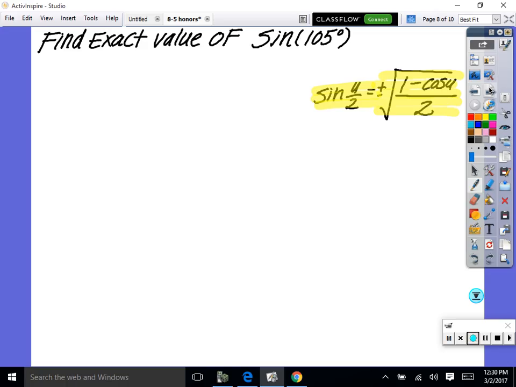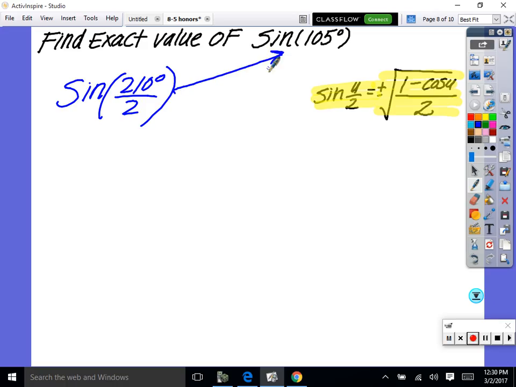Well, that's when you use a half. So what we're really looking at here, guys, is sine of 210 degrees divided by 2. Isn't this the same thing as that? Yeah. So it's a half angle. So we would say this is the same thing as sine of 210 divided by 2 equals,